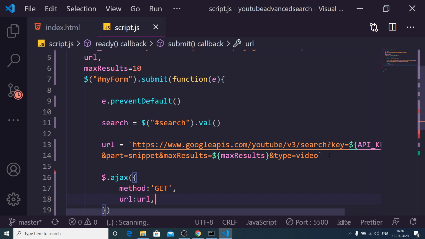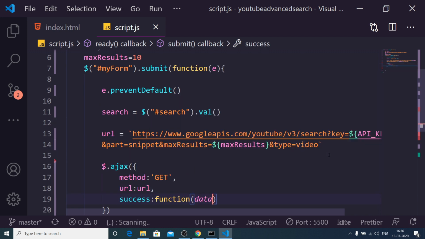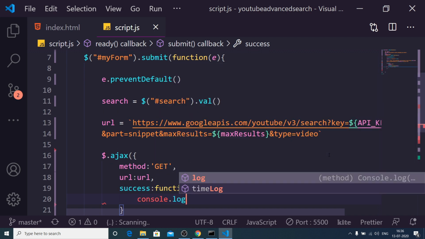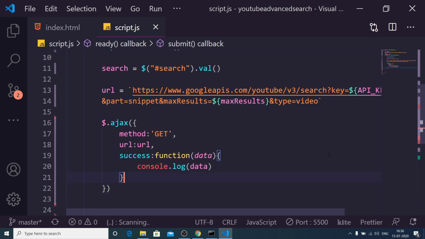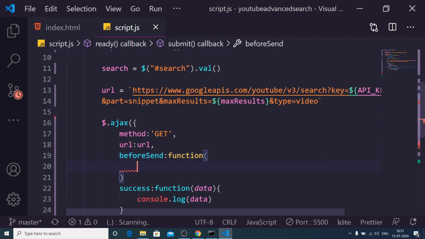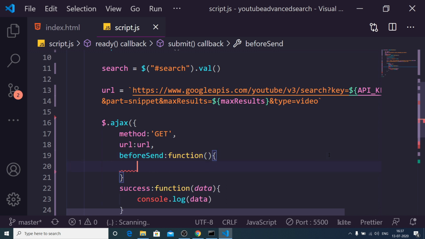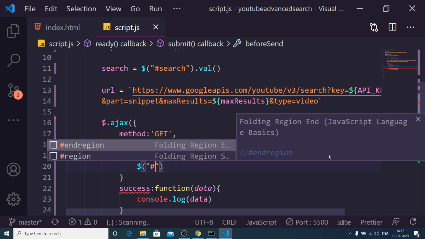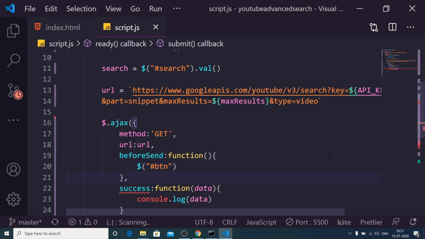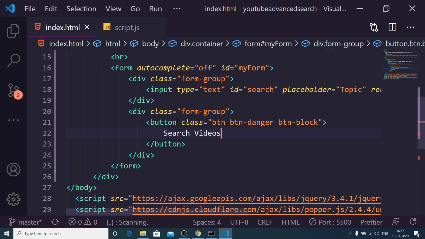Then there is a success callback. When there is a response from the API, this data will be returned to us. We can console log the data, and also we need to disable the button once the send button is clicked. There is a beforeSend callback function as well inside jQuery, so we will make use of that in order to disable the button. In order to disable the button, we need to give it an ID of btn, so just go to index.html and give the button an ID.